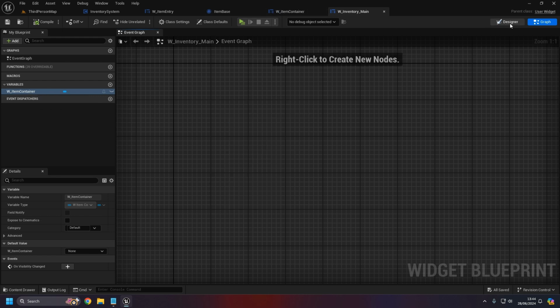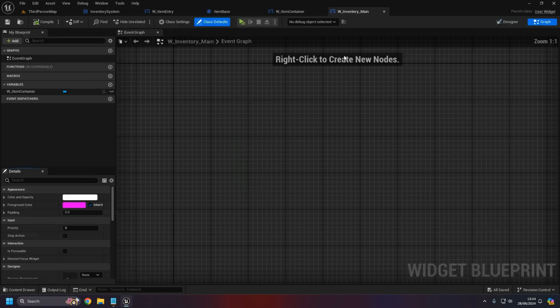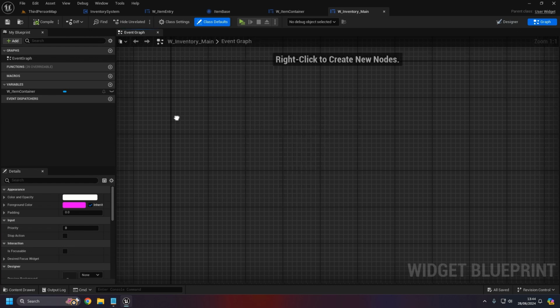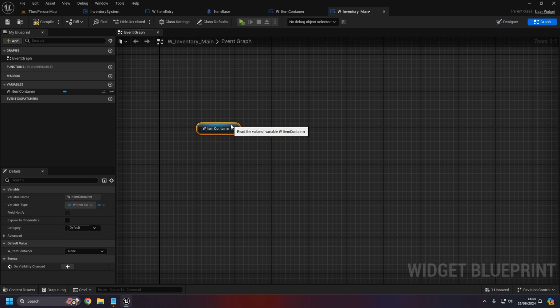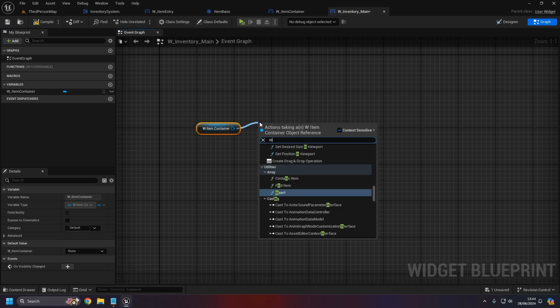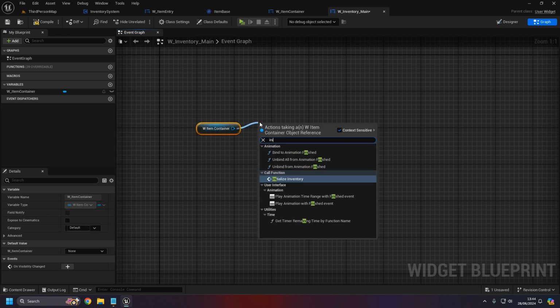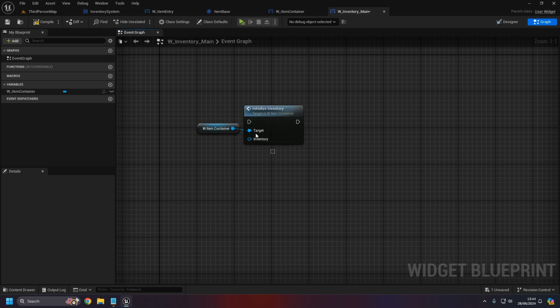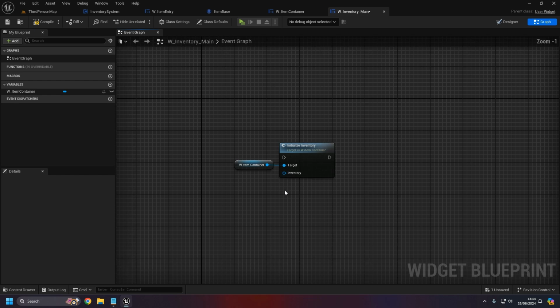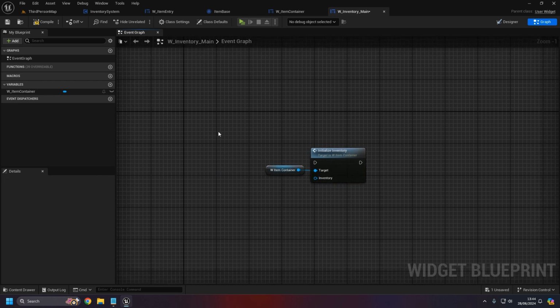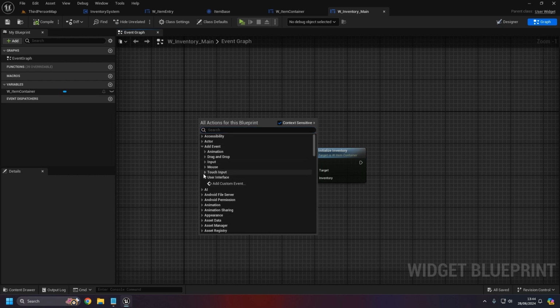And then with that positioned in there, we do then need to create a function that allows it to call that initialize function on the item container that we've created. Initialize inventory, because as a part of that we do need to pass in the inventory that we've got. Okay, so on construct,